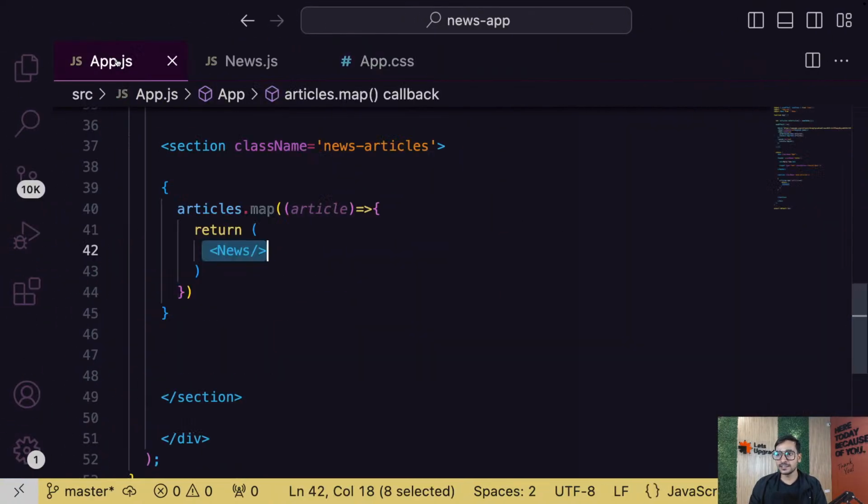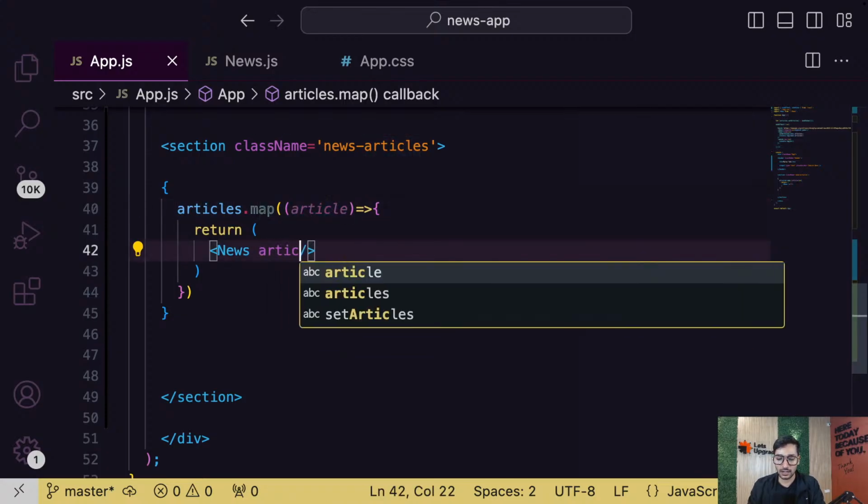Now what we need to do is, to this news app, I'm going to pass a prop. And the prop will be, now guys, again, you can divide that prop into multiple elements, or you can pass the whole object as a prop. In this case, let's pass the whole object as a prop. Is that clear, guys? Everyone, are you getting my point? Everyone? So I'm passing this whole article object as a prop.